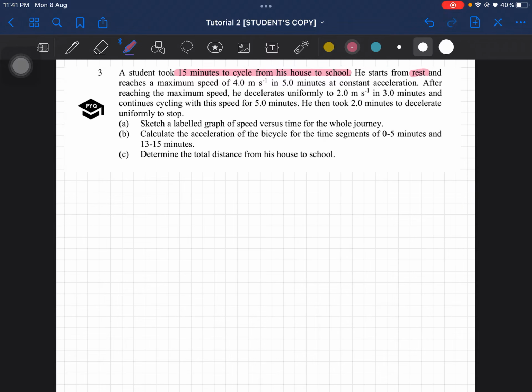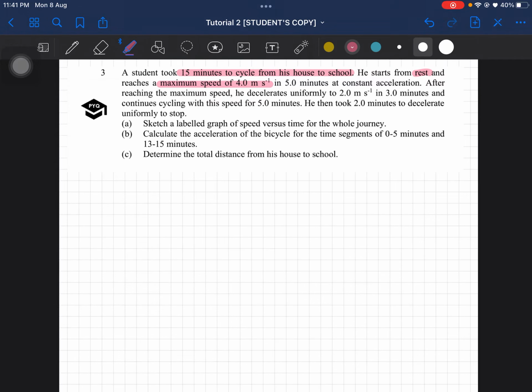So he starts from rest and reaches a maximum speed of 4 meters per second in 5 minutes at a constant acceleration. After reaching the maximum speed, he decelerates uniformly to 2 meters per second in 3 minutes, and continues cycling with this speed for 5 minutes. He then took 2 minutes to decelerate uniformly to stop. So what we need to do is sketch the graph of speed versus time for this whole journey. Okay, so let me just start with drawing